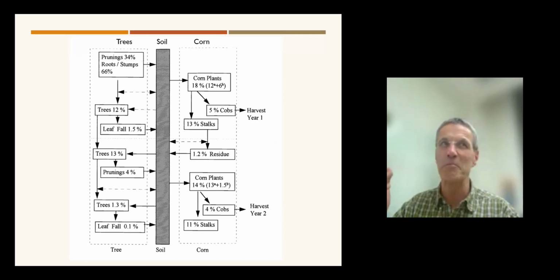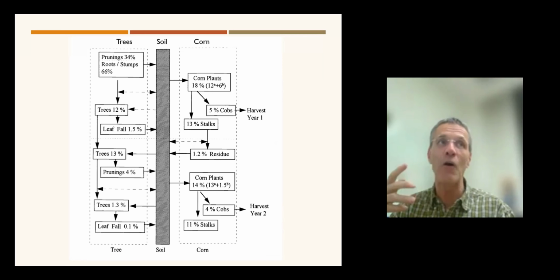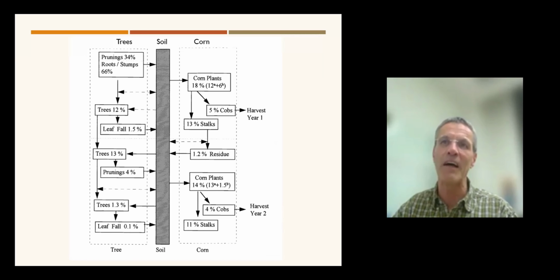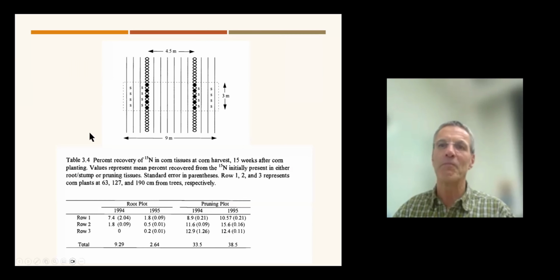So it's a very interesting study to really see what happens to the nitrogen that is in those trees, instead of always just saying, well, it happens. I don't know how much, I don't know how, but it happens. This is really a way of quantifying what nitrogen goes where and how much is staying in the soil. This gets a little bit more complex, but where it says here row 1, 2, 3, it means row 1 away from the tree, or this one, or this one.